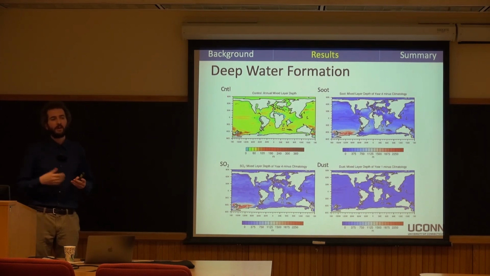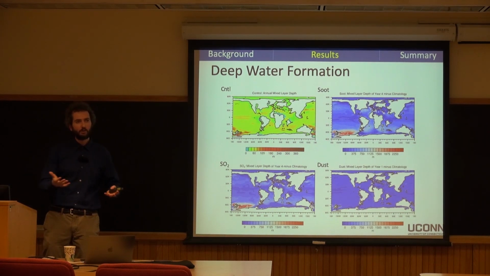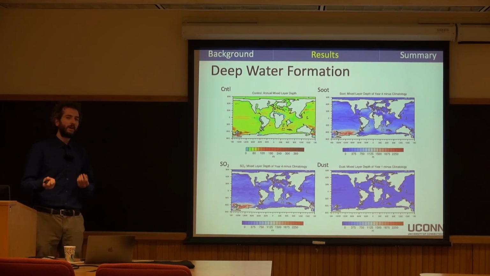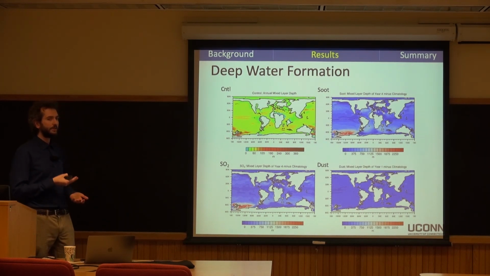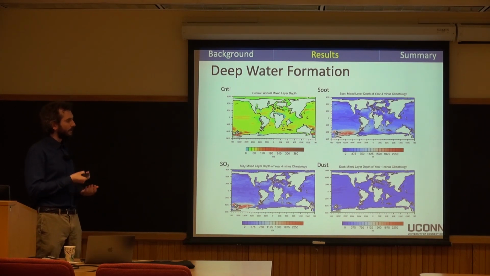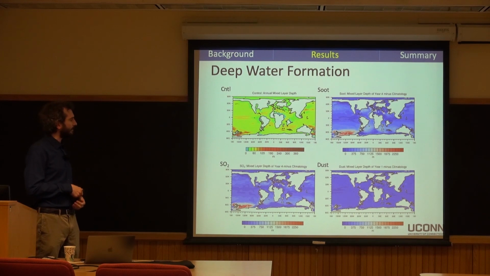And so for maybe 5 or so years, you have this invigorated overturning, but then the aerosols get removed from the atmosphere and things begin to warm back up again. And so your surface warms back up pretty quickly, as we showed in some previous plots. But if you look at your mid-layer ocean, it hasn't really warmed back up. And so you have this increased stratification that develops in these simulations that we haven't really run the simulations out enough to say how long it persists, but it could be important for nutrient upwelling and some type of prolonged disruption to the life on Earth.